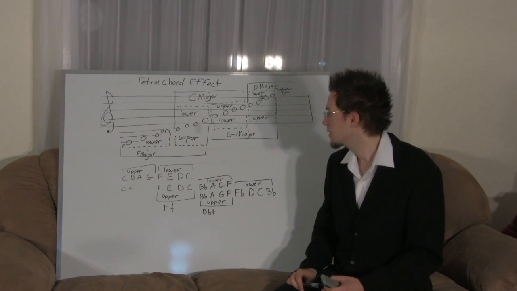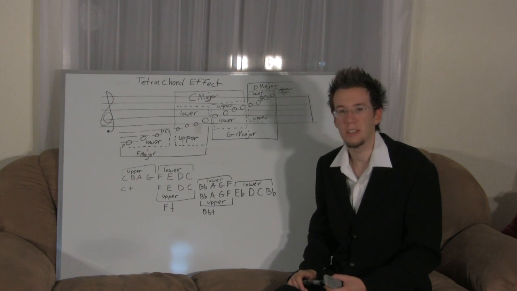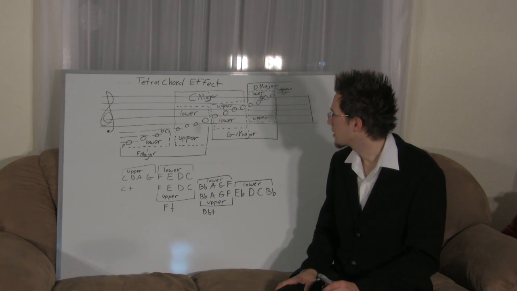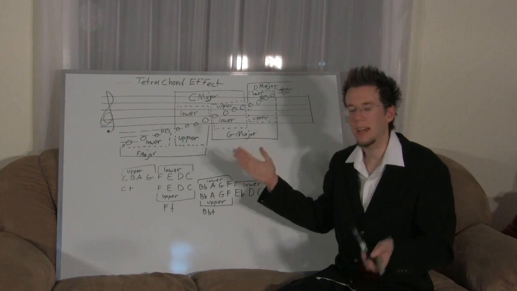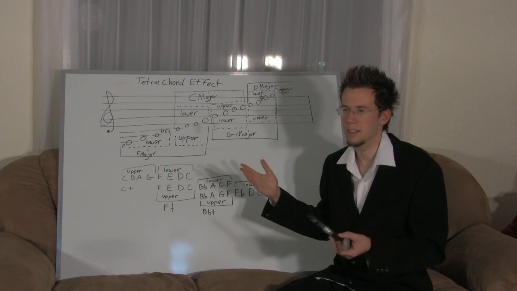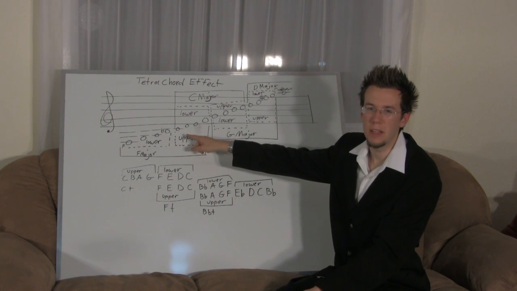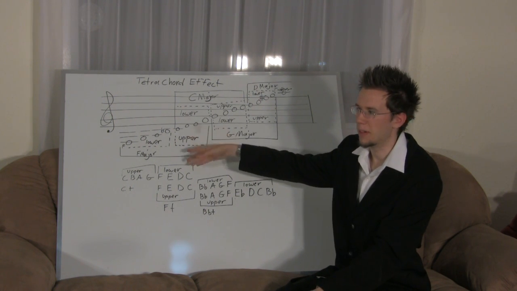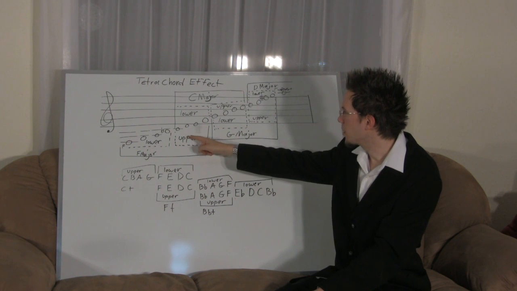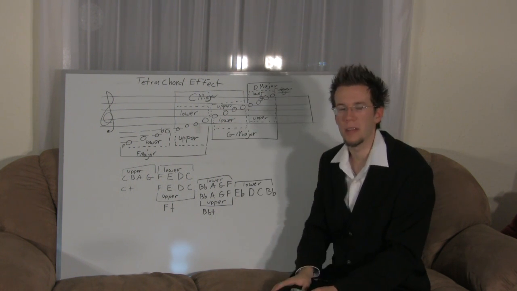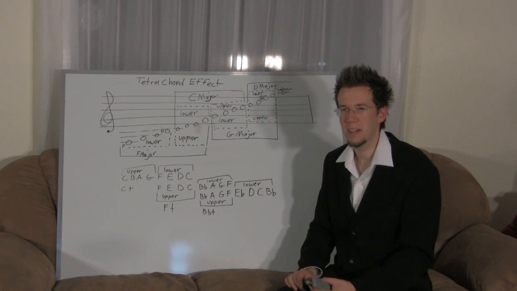So what you can actually do is, say your piece is in F major, right? Or some other scale, it doesn't really matter what scale it's in, but say you start on C. Now say you want to get up to D major, or you want to get into another key. You can just start playing through these tetrachords and start modifying it as you go up. And it'll sound really weird, because